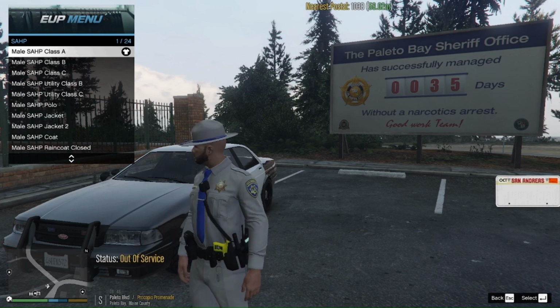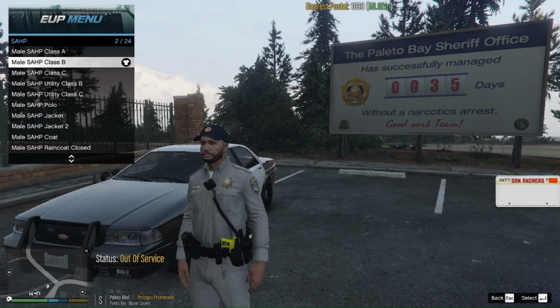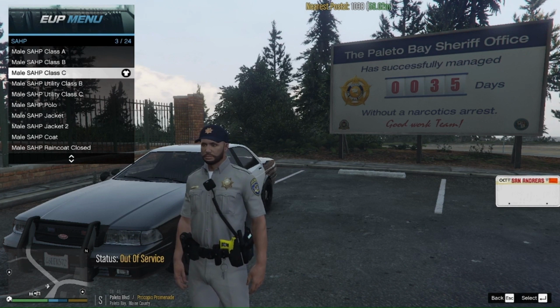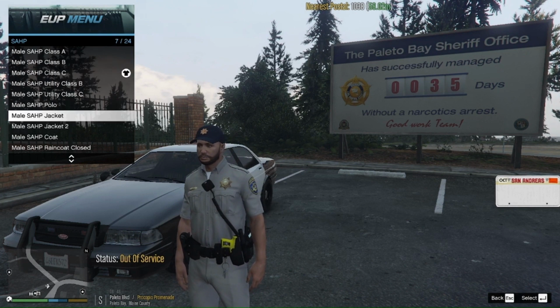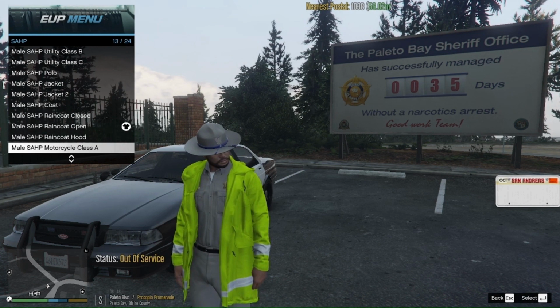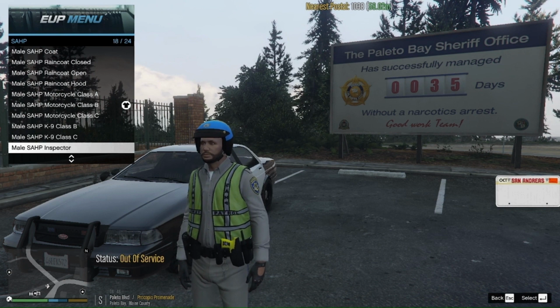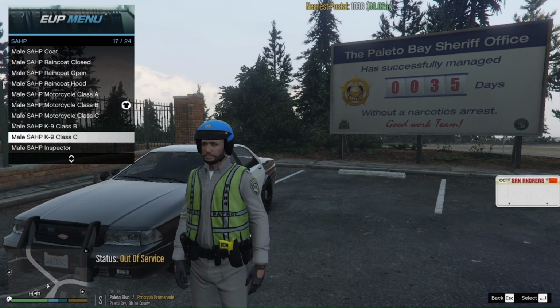That's too plain. I like it, but it's too plain. That's Class A. And you got a Class B with the hat, and then Class C with the hat. That's the short sleeve. It's pretty much all the same one, except it's in different colors pretty much. And the one I like out of this one here, because it's the same thing as the other one, the